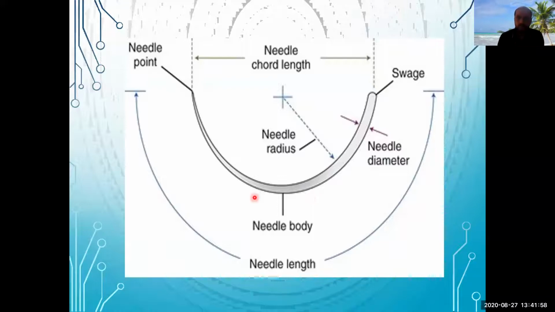Let us discuss the various parameters of a needle, how to describe a needle. Tip: we have the needle point, which we have discussed. According to the needle point, it can be round body, cutting, or reverse cutting. Round body will be a blunt circular tip. In the cutting needle, the inner surface is the sharp pointed, cutting surface, triangular. And in the reverse cutting, the tip will be sharp pointed, and the outer surface will be the cutting surface.